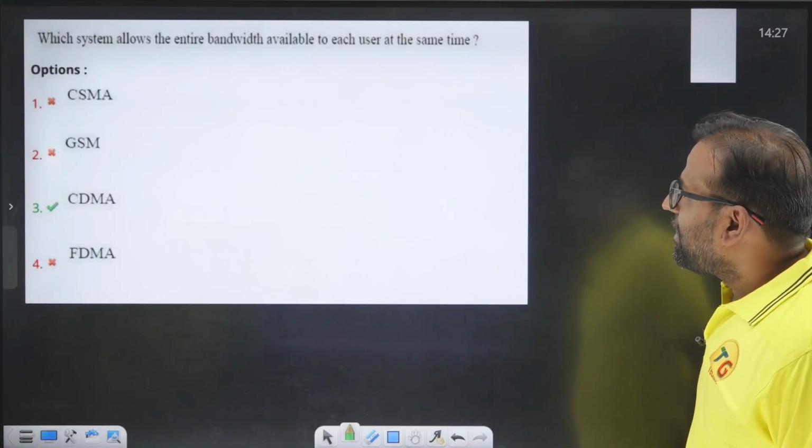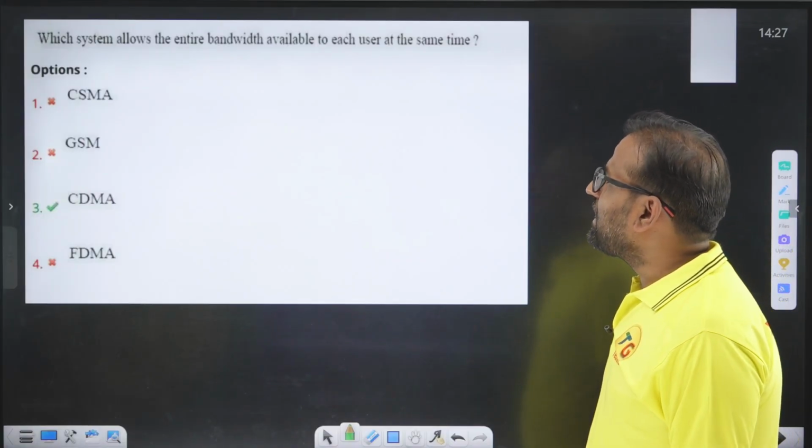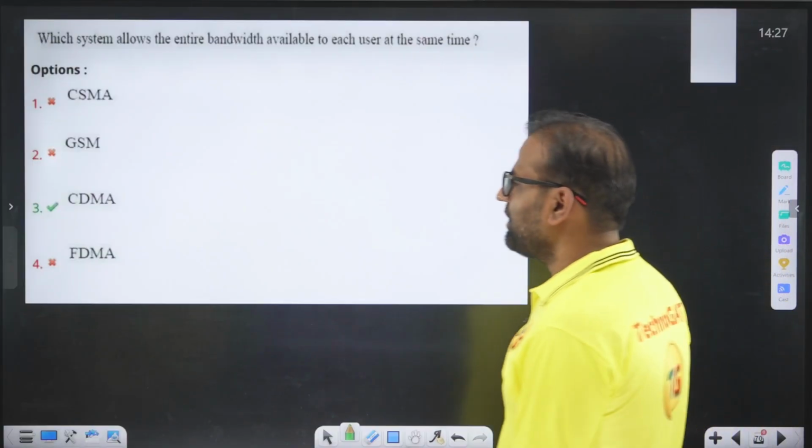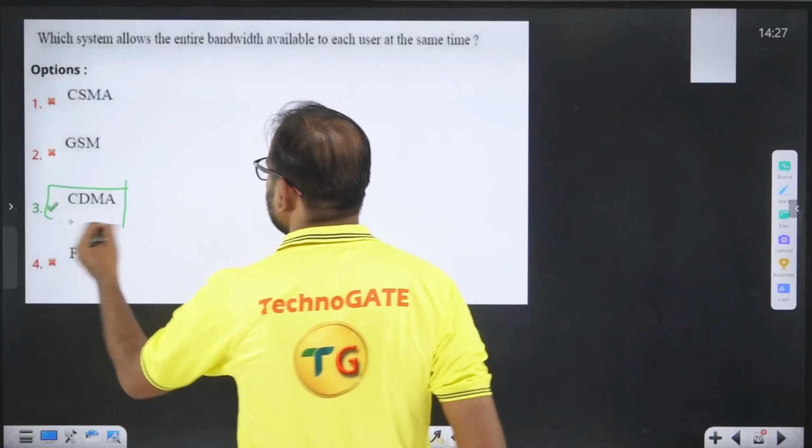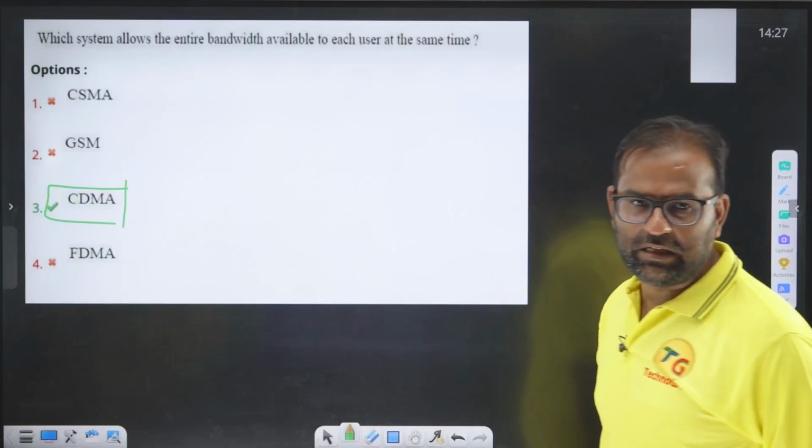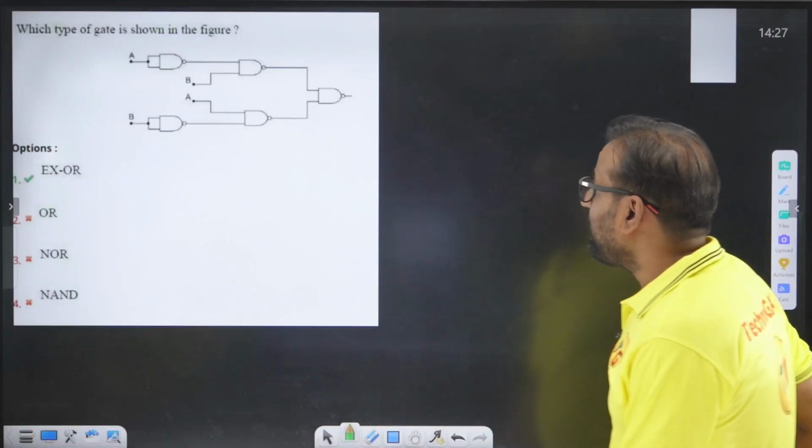Next is, which system allows the entire bandwidth available? CDMA, code division multiple access, allows you to access the entire bandwidth. Next, which type of